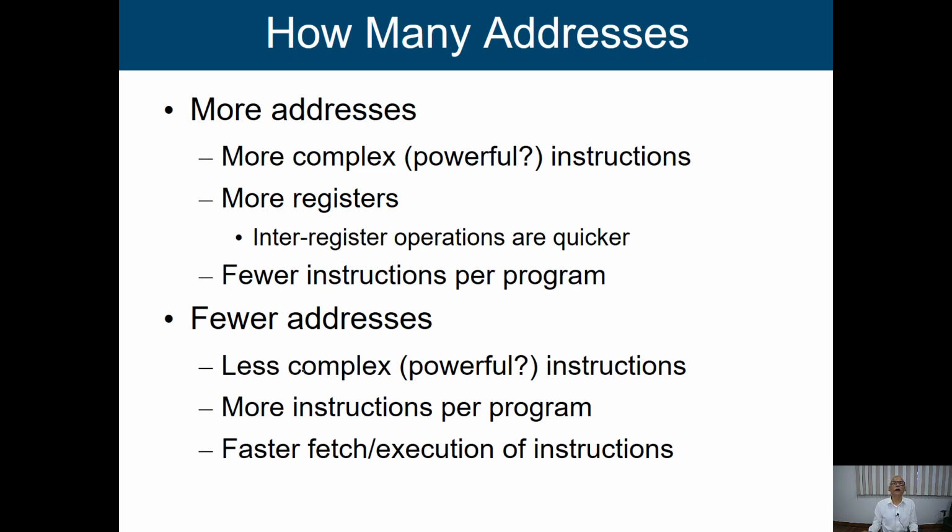Now how many addresses are we going to keep? We have already discussed all those issues. We know that if we have more addresses, we get a complex design, but it may happen that we get faster responses. If we go for fewer addresses, whether it is less complex, more powerful or less powerful, all those issues come into the picture. Then you need more instructions per program, as we have already seen with an example. So as a designer, you have to look into those issues, and accordingly you have to freeze the design.